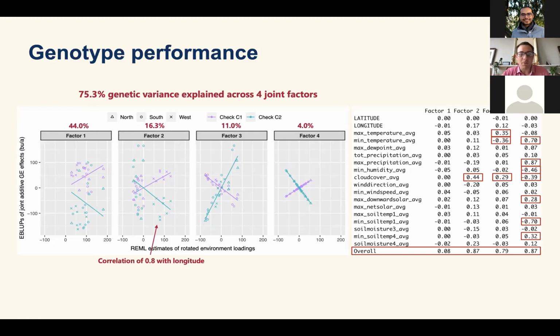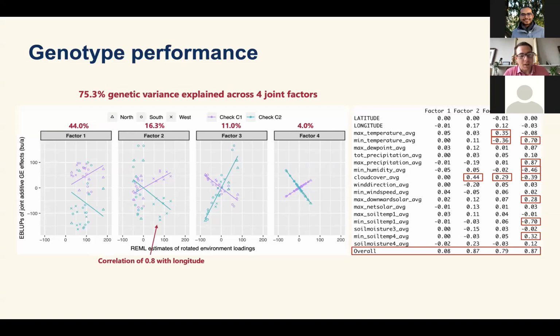I mentioned before the selection tools and whatnot of Brian and Alison. So that's very similar to what they were doing. Actually, these figures are based on what they were doing. The difference now is the right-hand side. And the right-hand side is how those different covariates are actually driving those factors, or how they're explaining those factors. Now, previous to this approach, all you could really do is get some environmental covariates and back correlate them with your factors. And I've got an example here. Factor 2, which accounts for 16% of the variation.